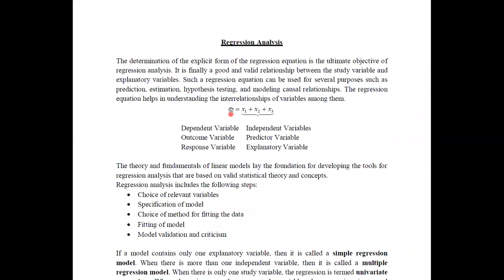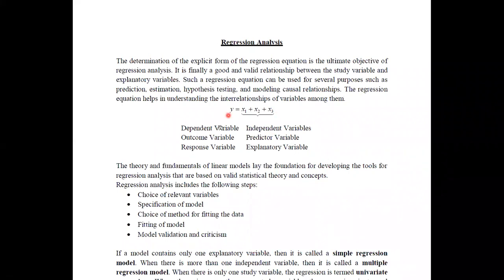Another name for the y variable is the study variable. The y variable can be called the dependent variable, and in that situation we call the x variables the independent variables.